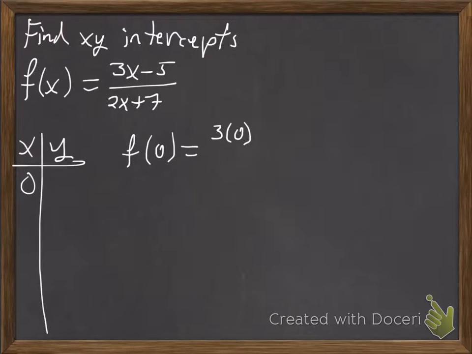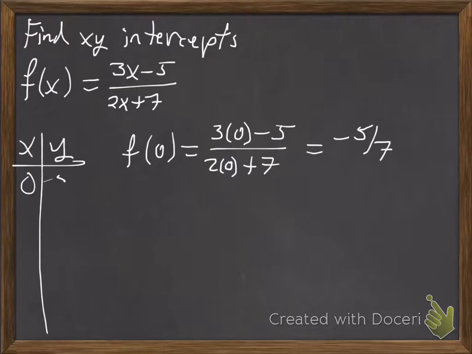So we're going to plug in 0 for the x. So 3 times 0 minus 5 over 2 times 0 plus 7. So that gives you negative 5 over 7, and that's our y-intercept. So usually with all of these, finding the y-intercept is kind of the easy thing. Okay. Now when we find the x-intercept, or intercepts possibly, this one's only going to have one,